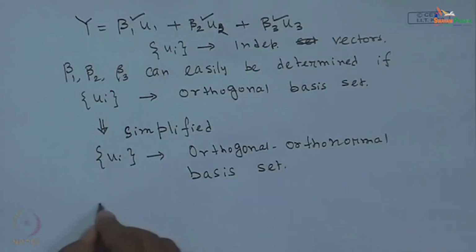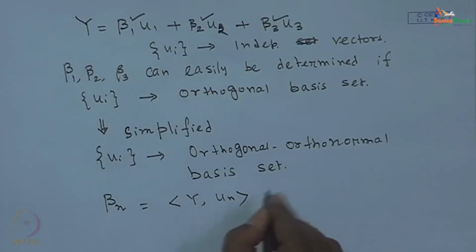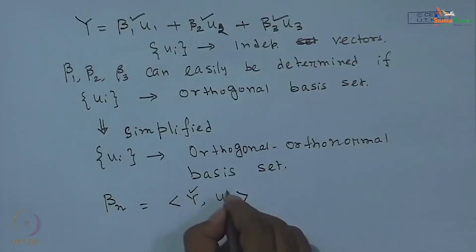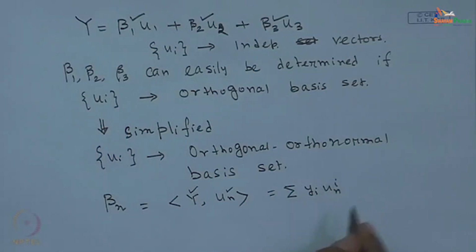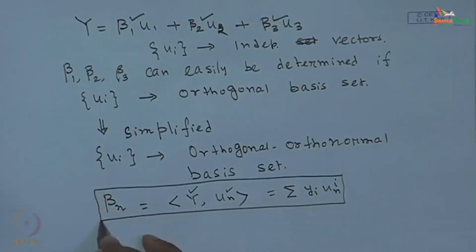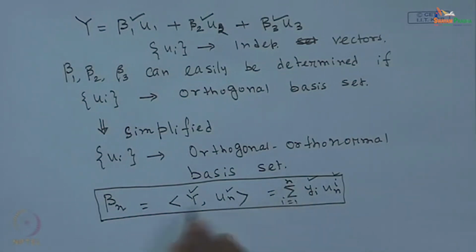So, the coefficients, if you remember, beta n can be expressed as the inner product of y and the nth vector in the space, that is the u n. So, we know this vector, we know this vector. So, this will be simply the summation of y i u n i. So, the coefficient can be determined for a larger dimensional problem by simply identifying the corresponding elements of these two known vectors, multiplying them and then adding them up. So, this involves simple operations like multiplication